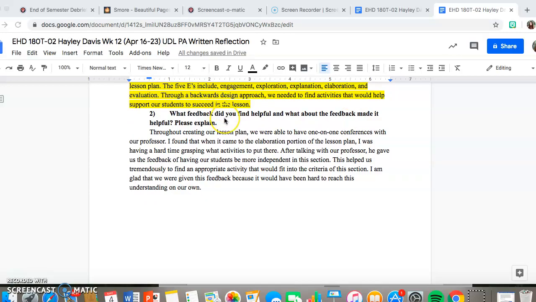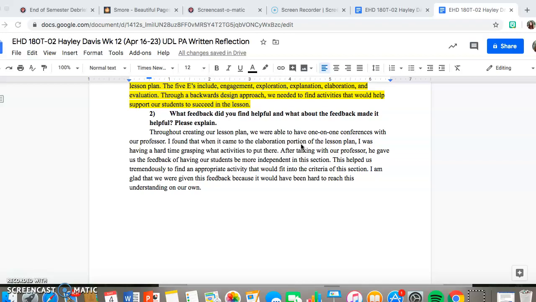So the second question was: what feedback did you find helpful, and what about the feedback made it helpful? Throughout this course, we were able to have one-on-one conferences with Professor DeWalt, and we were, as a group, kind of confused on the elaboration portion of our lesson plan. But through these conferences, we were able to understand that we really needed to make our students more independent